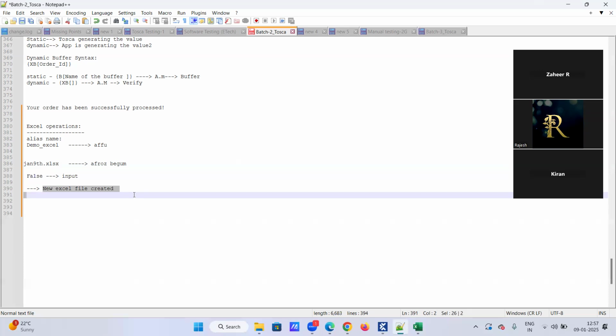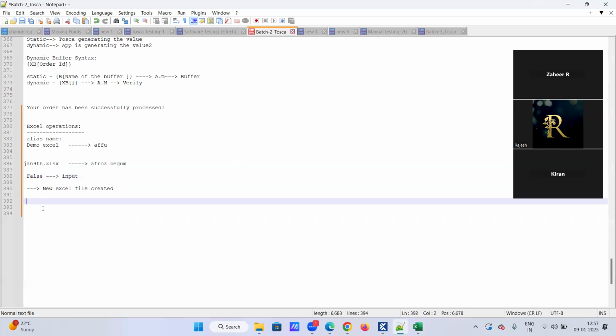If you really want to open it in the backend, you have to give false. Now what happens if you execute this test case? The existing Excel file you created will be opened in the backend. It will not show you